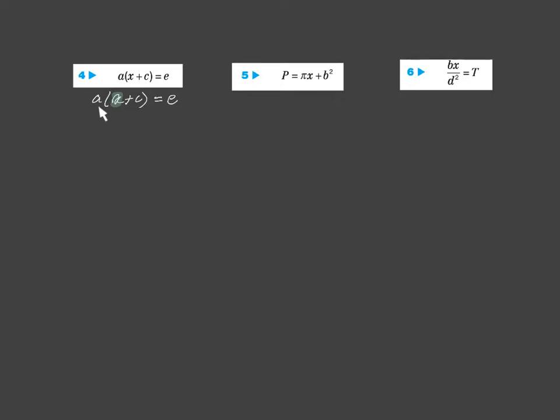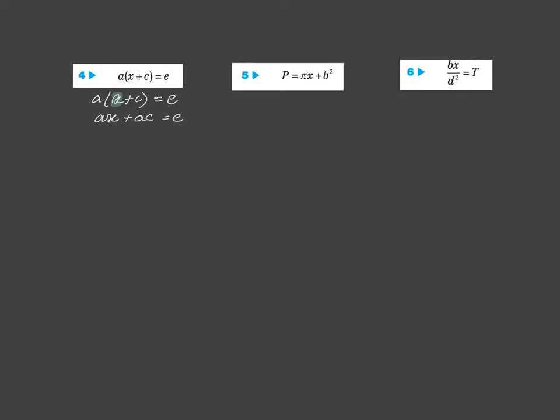In 4, a times x plus c in brackets is equal to e. X must be the subject. The x is inside the bracket, and so we are going to have to use the distributive property and multiply a into the bracket so that we don't have brackets anymore. On the left, we have ax, a times x is ax, plus a times c is ac